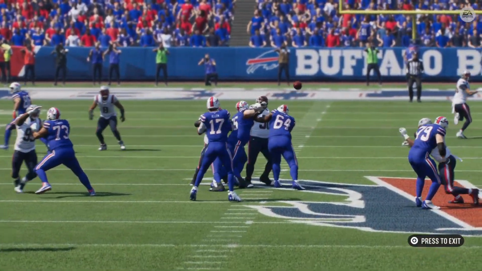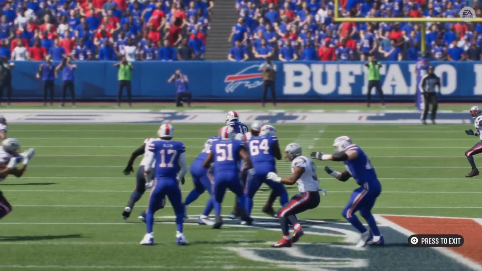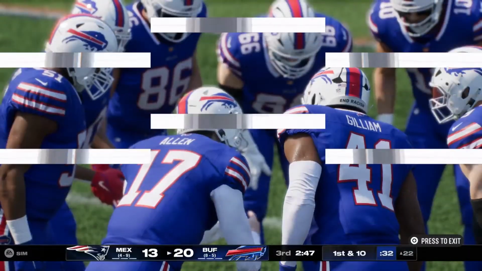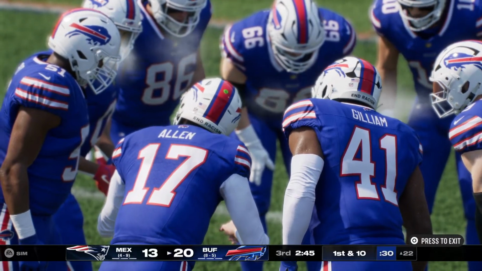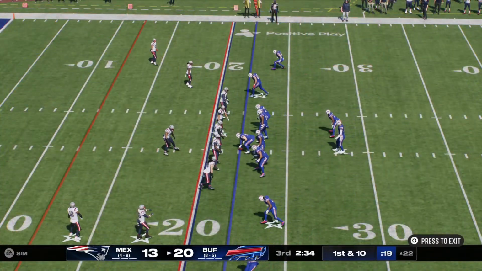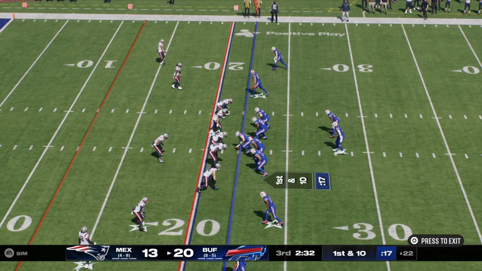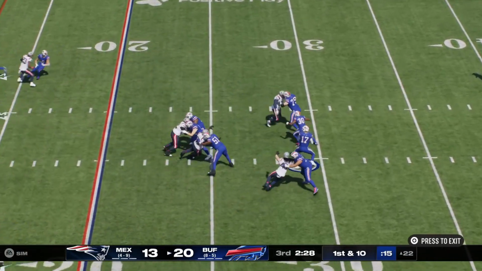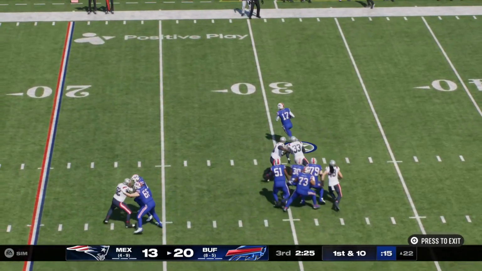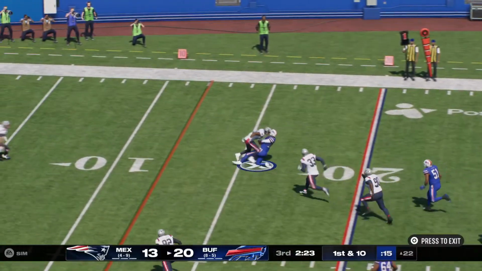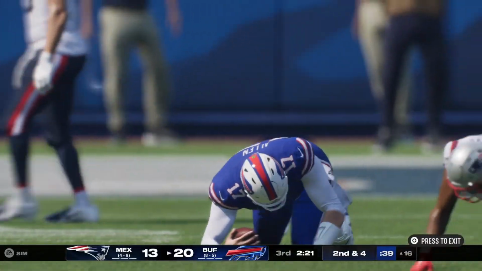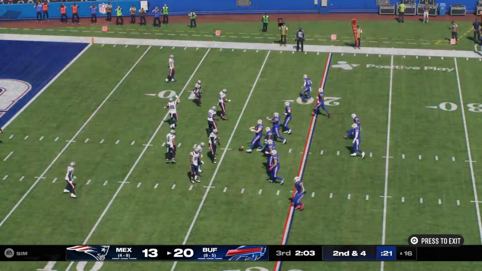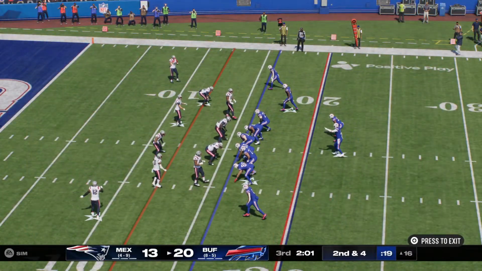And defensively, they were in zone coverage there. Do you have to be a little careful? You're losing, playing against a good quarterback like he is, to not play too much zone? Yeah, you have to be careful about how much time you're giving up. I think it's a good point you just brought up. So maybe if you still want to play zone, you go to a zone blitz scheme. And you can drop anyone out of your defensive front. Defensive end, defensive tackle. It doesn't matter. You just exchange someone to bring more pressure towards the quarterback and still try and cover downfield. The improv on the scramble there gets him 6, and it'll be 2nd down.